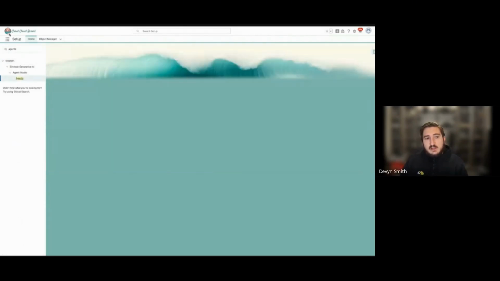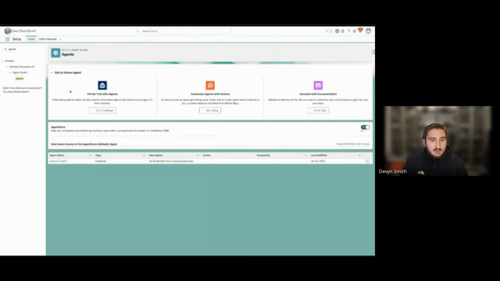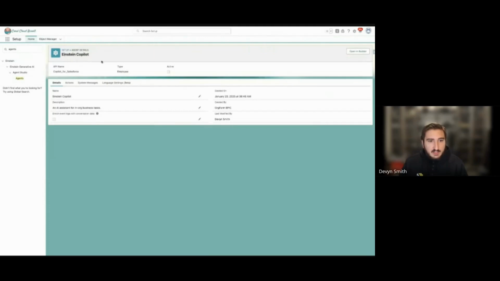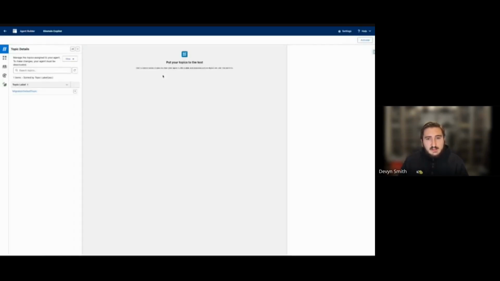This is just a demo org provided by Salesforce, so it's pretty bare bones, but it will show you hopefully where Agentforce can take you. I'm just going to open up this default agent called Einstein Copilot, and then I'm going to open it up in the builder. This is where you're going to do a lot of your building when it comes to Agentforce and the agents